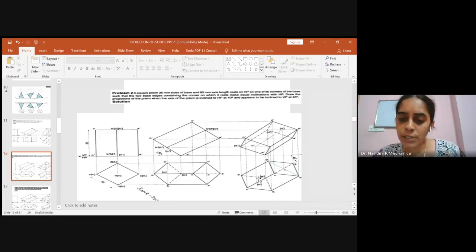Before joining this, if you need clarity, please see here. We have two sides which are hidden. The projections coming from D, D1, A1 and B1 should be hidden, but it should be applicable here also. If these projections lie on the outer boundary, then that will not be considered. If it lies within the body, then that will be considered. So see now, the projection of D1 is here. But from D1, you have the projection from D1 to C1, from D1 dash to C1 dash, from D1 dash to A1 dash also. These lie on the outer boundary. So you cannot show the hidden line on the outer boundary.